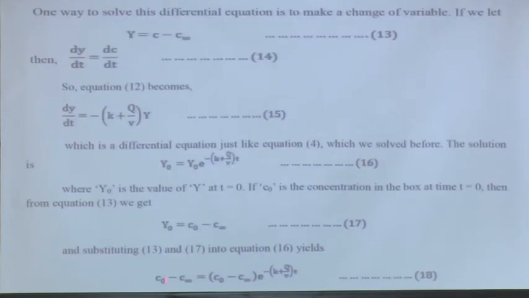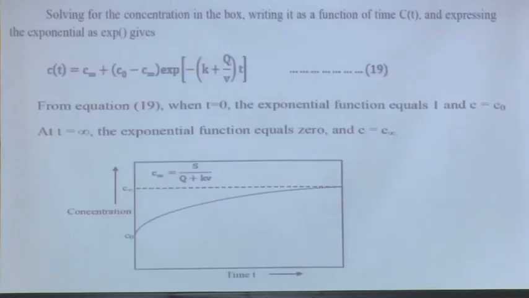So, basically I am putting these values now into the original equations. So, I get C as a function of time, which is what I am interested in, equal to C infinity plus that term. Now, I want to test whether my derivation is correct or not. How do I check it?